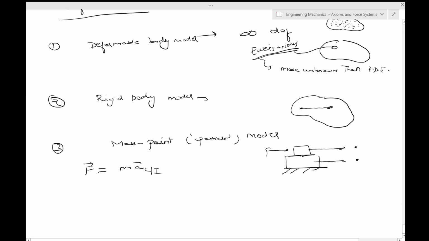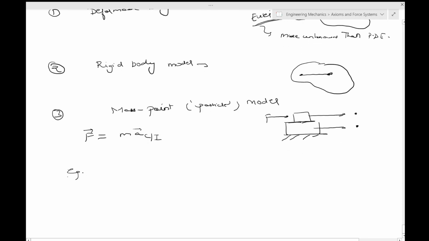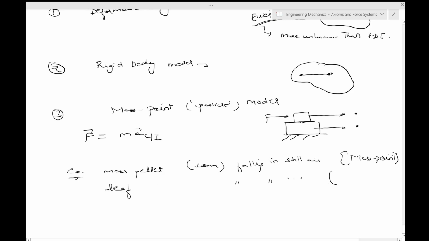Okay, so one example is that if you have a mass pellet, a very small item with a lot of mass, and you want the center of mass of it falling in still air, this you can do using a mass point. But if you have, say, a leaf falling in still air, you have to model it as a deformable body,